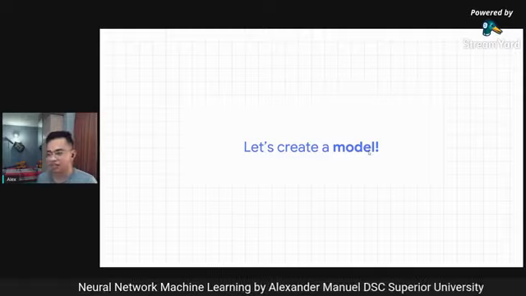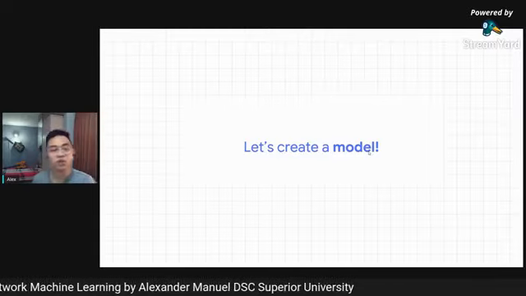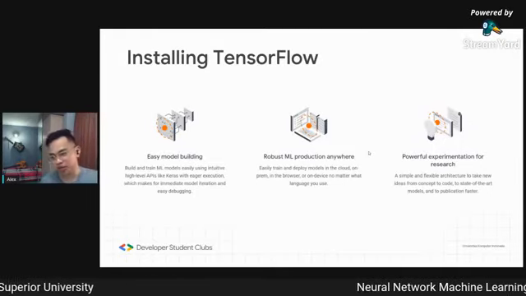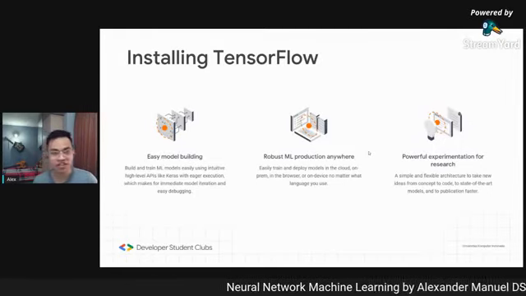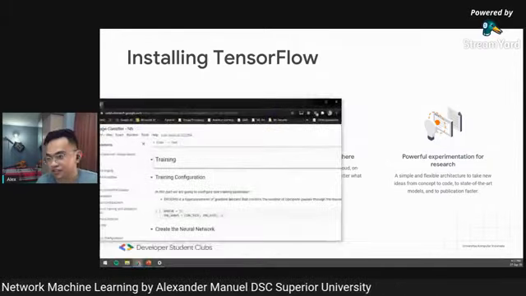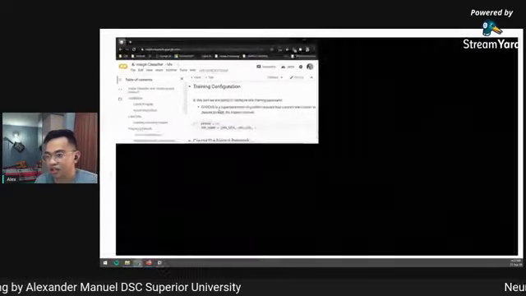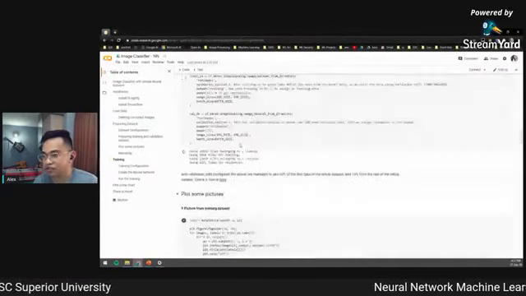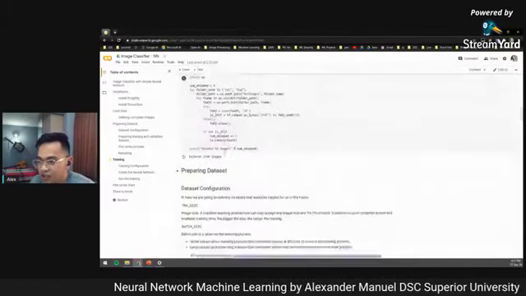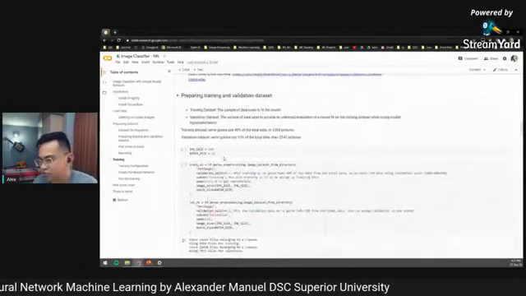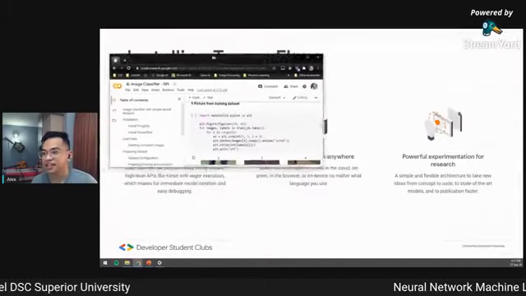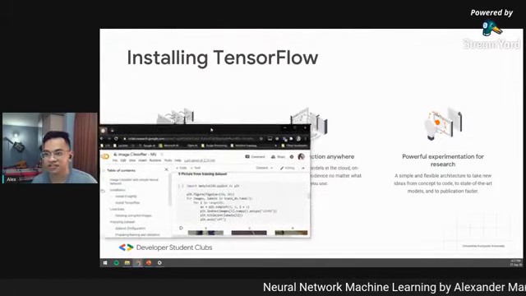Okay, let's create a model. I'm not going to do live coding here, but I'm going to share the notebook that I've written. It's a full notebook, and I've put all the explanations in it. Maybe I missed some, and you might have questions. You can contact me. So yeah, I'll share this notebook with you.